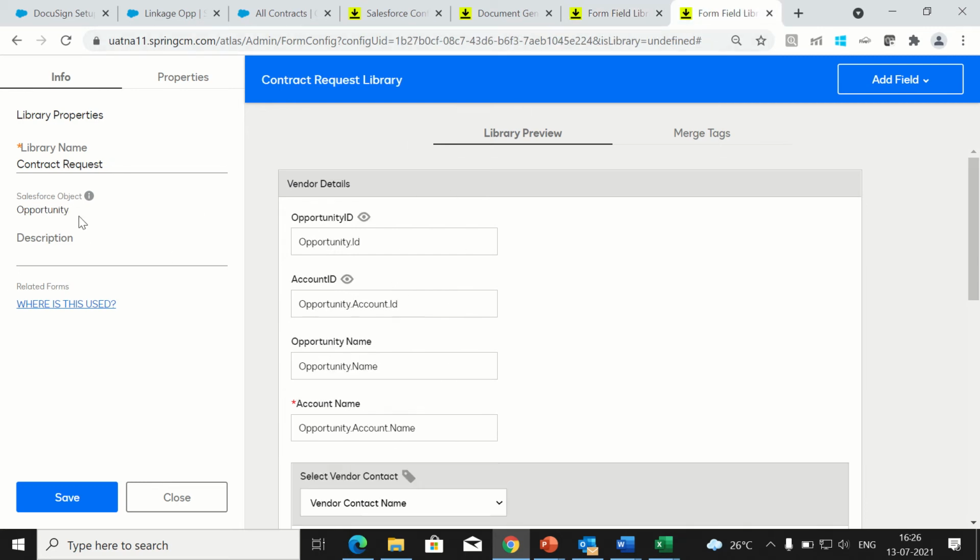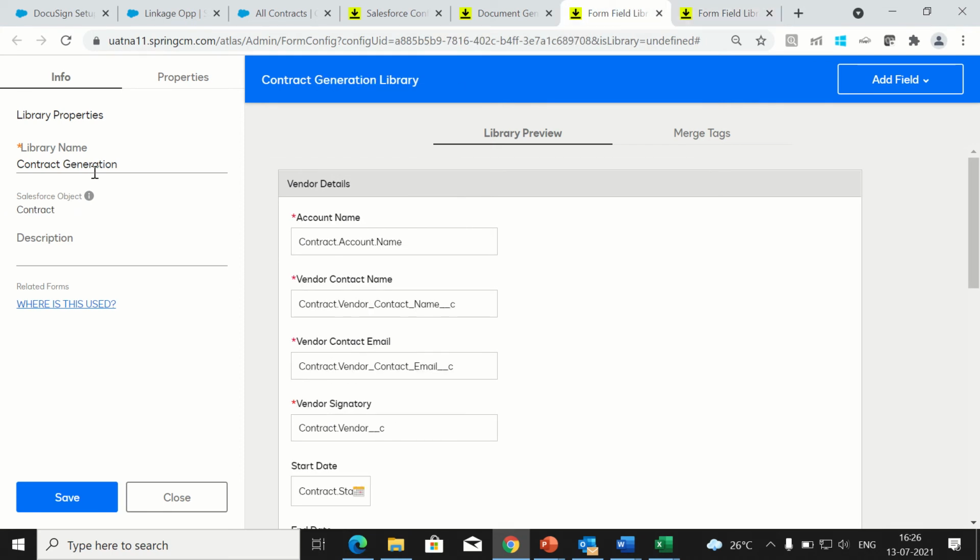The request form is on the opportunity, so it takes the information from the opportunity record, and the second actual document is from the contract record. When the second document is getting generated, the new contract record is generated by the workflow, so the same contract record will be used to fetch the information.